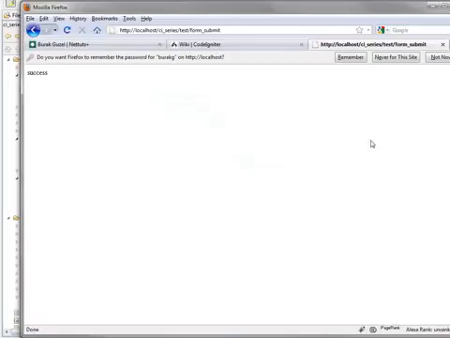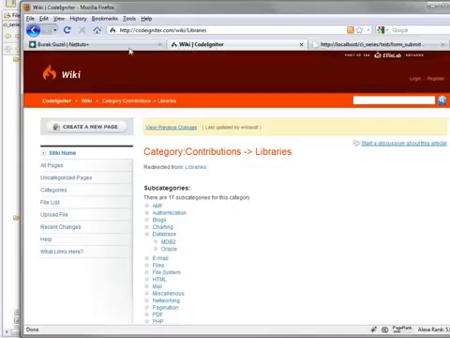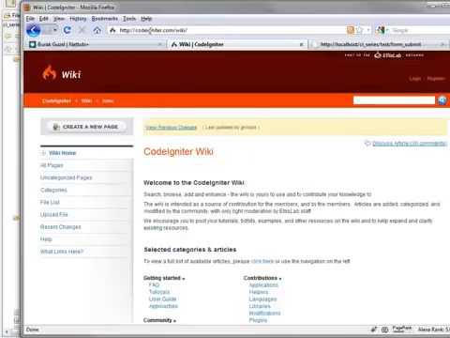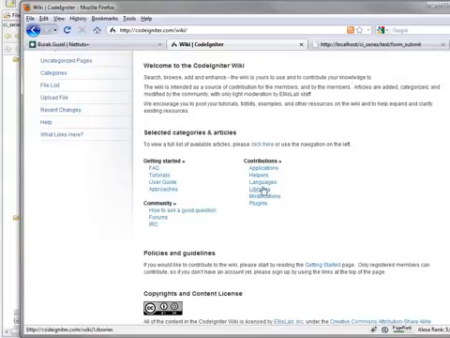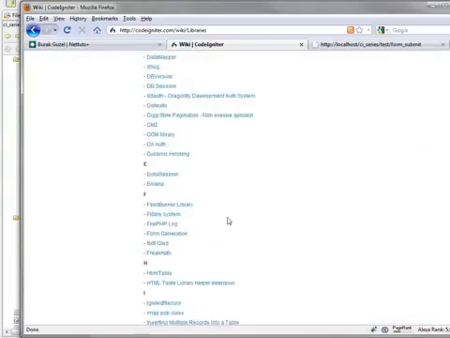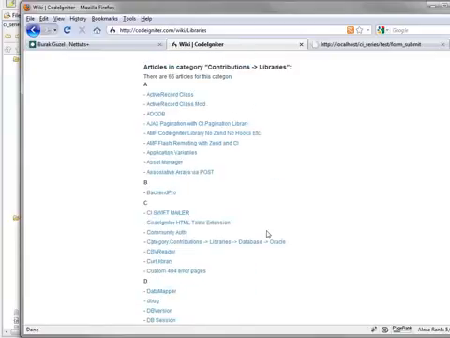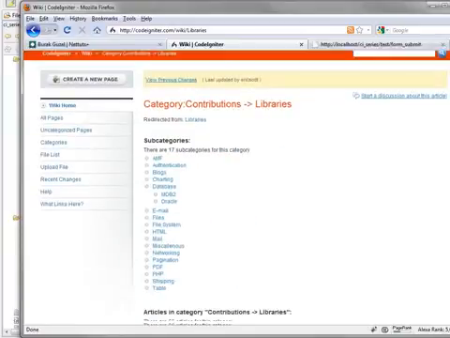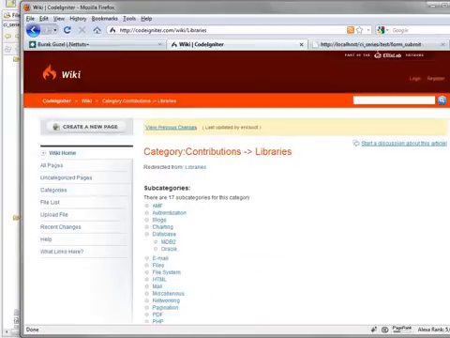So you can also go to CodeIgniter wiki, that's codeigniter.com/wiki, and here you can see user submitted, contributed libraries, and you can find what other people have done to improve this framework. So this is a great way to expand the framework, and I hope you liked the tutorial,